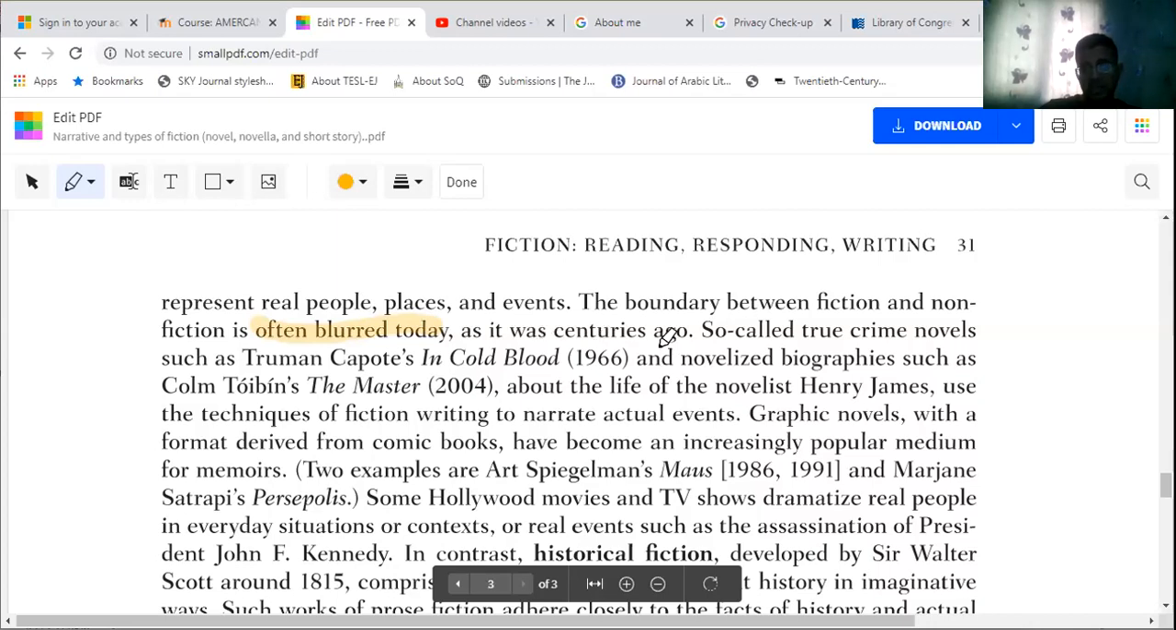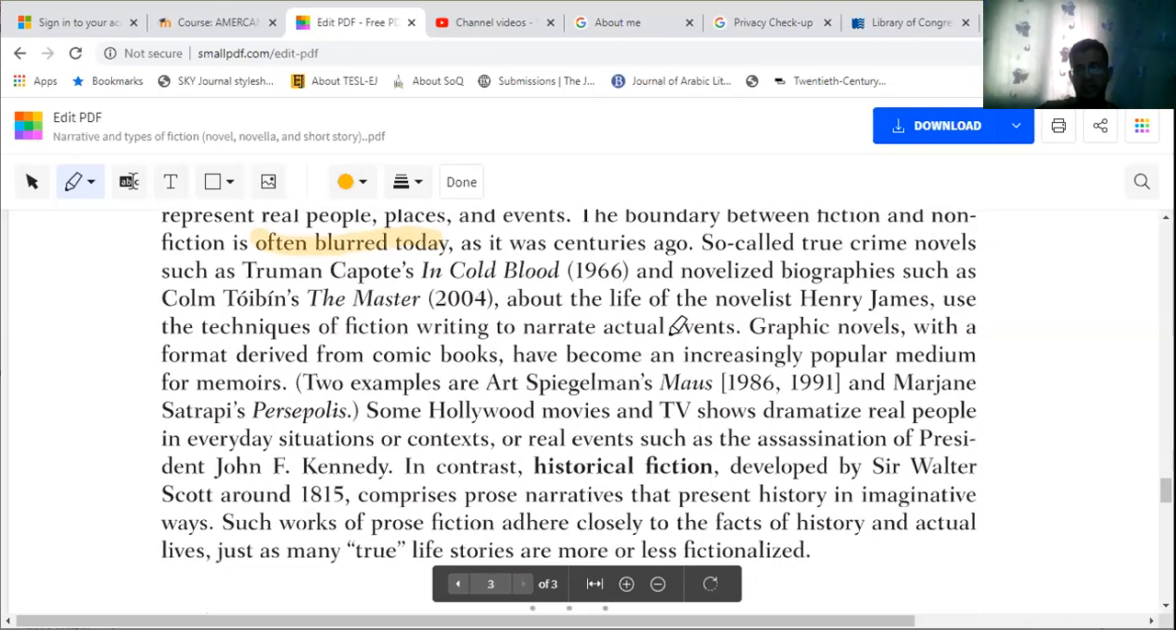As it was centuries ago, so-called true crime novels such as Truman Capote's In Cold Blood, and novelized biographies such as Colm Tóibín's The Master, about the life of the novelist Henry James, used the techniques of fiction writing to narrate events. Graphic novels, which derive from comic books, have become an increasingly popular medium for memoir. Some Hollywood movies and TV shows dramatize real people in everyday situations or real events such as the assassination